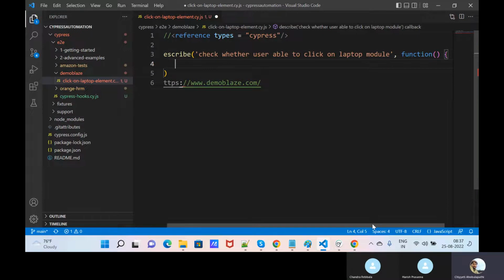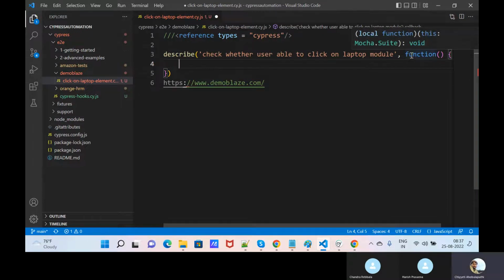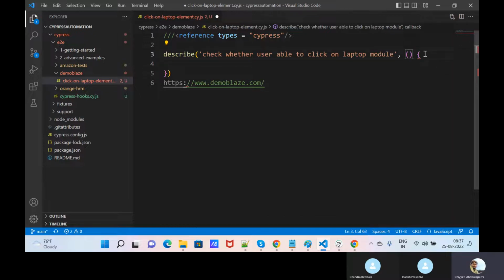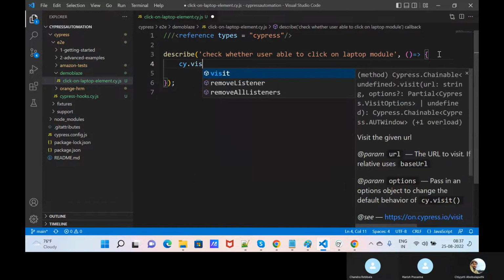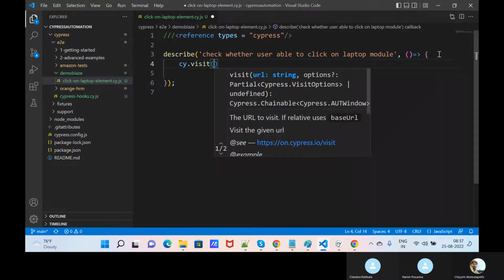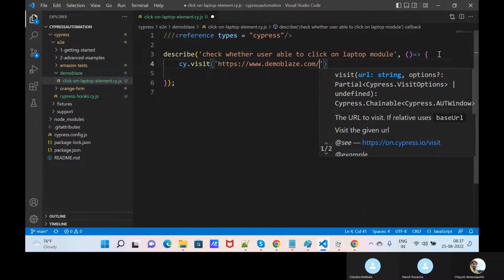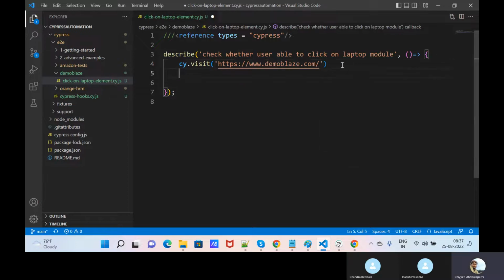Where is this one? Okay. It became more length, right? I will use this only. Yeah. For our test case now, what we'll do first is cy.visit. So after visiting this URL,